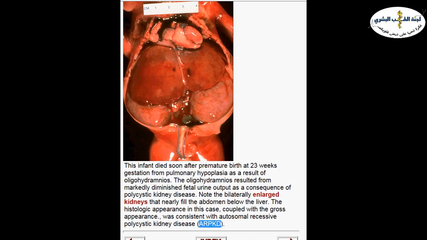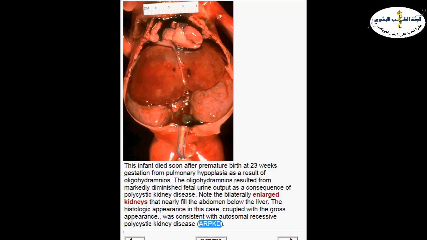Now, actually, regarding autosomal recessive and autosomal dominant, they have different mutations on different genes, and the mutated, abnormal proteins in both of these diseases are different, okay? And so the autosomal recessive gene is different from the autosomal dominant genes and proteins being mutated. Now, because of its autosomal recessive inheritance pattern, the risk of inheritance in the family with autosomal recessive is up to 25%, like any other autosomal recessive disease.